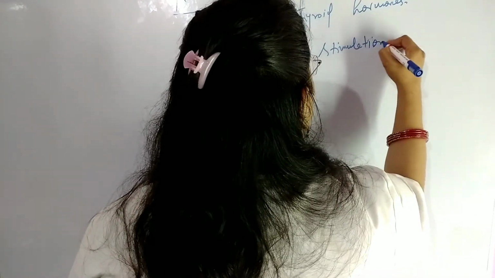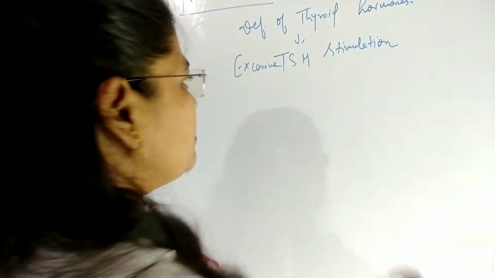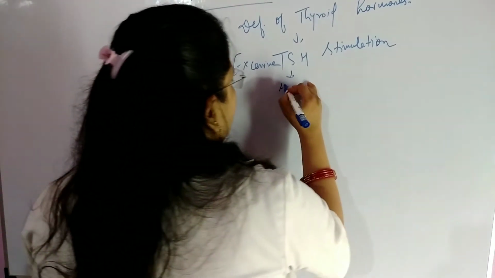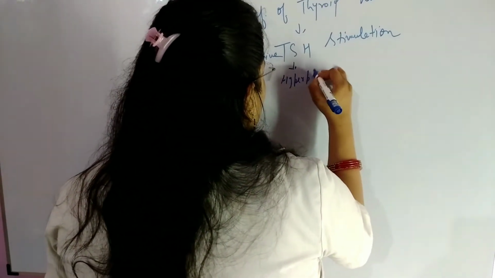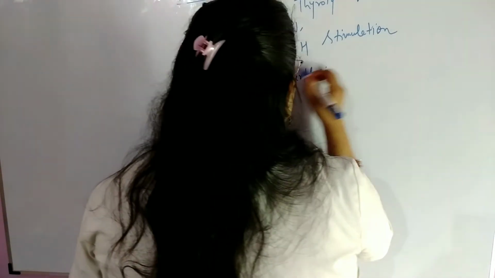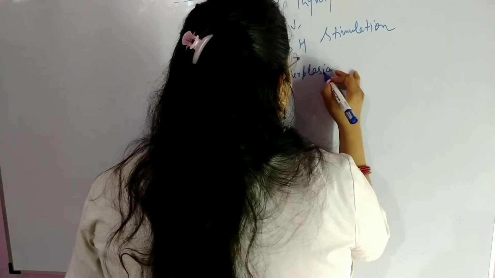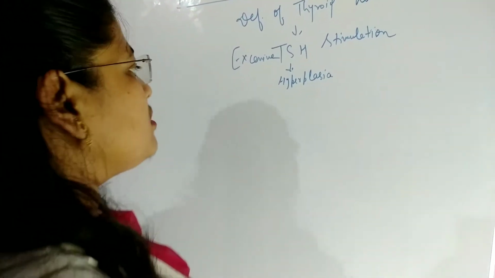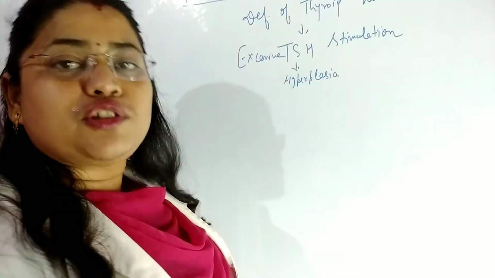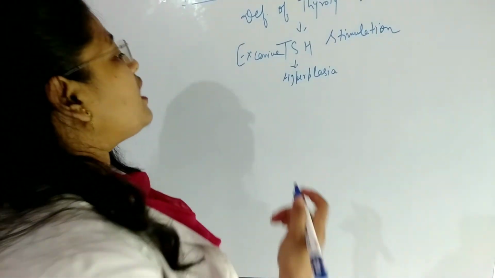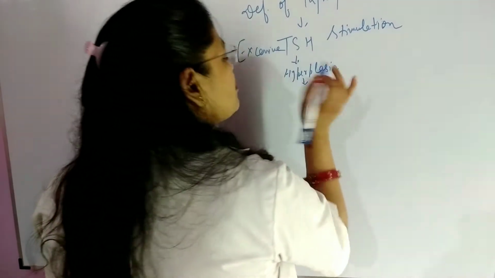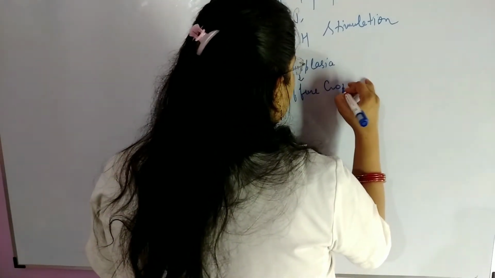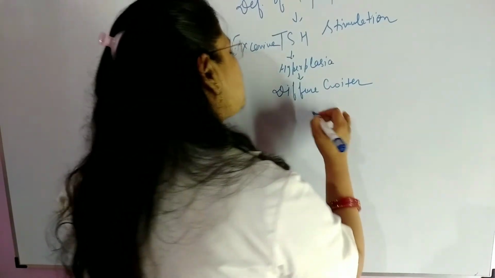This excessive TSH stimulation gives rise to hyperplasia of follicular cells of the thyroid gland. This hyperplasia produces firstly diffuse goiter, as we have seen,